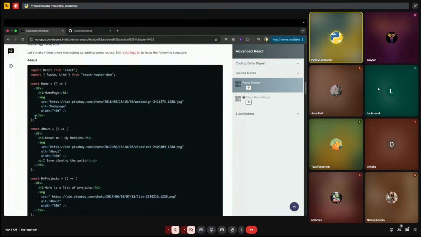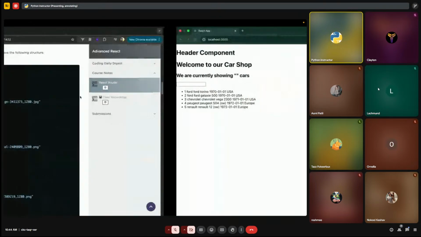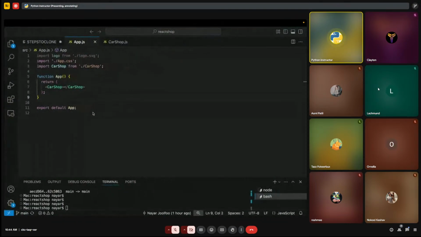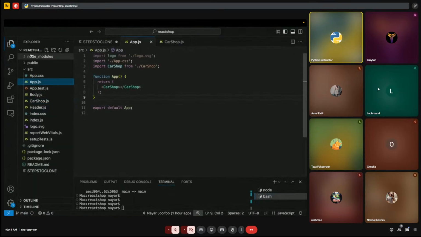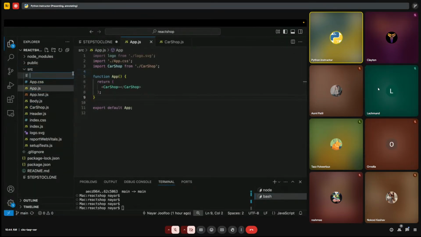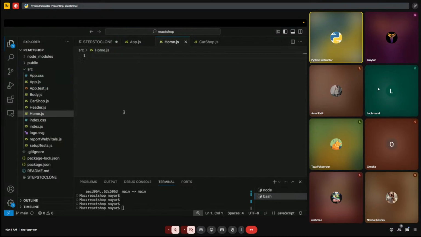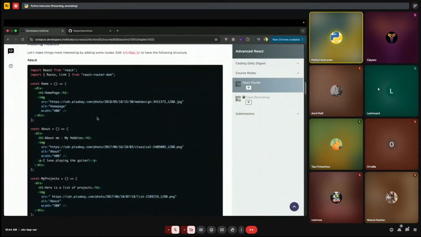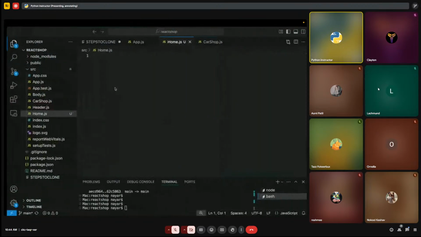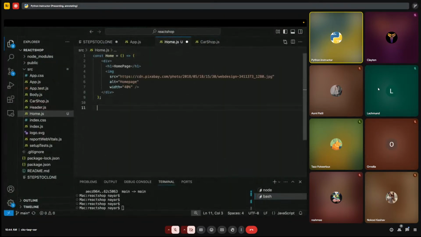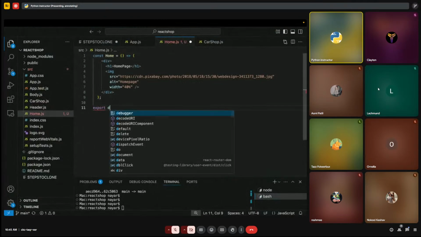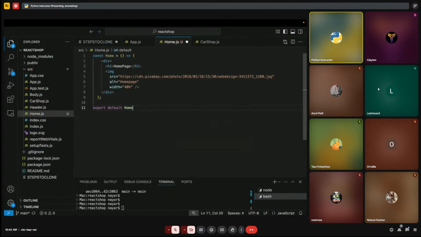Okay, so let's try to create the different components. You will see how it looks like. So we're going to create a component called home.js. So let's just take this component home, export default home,